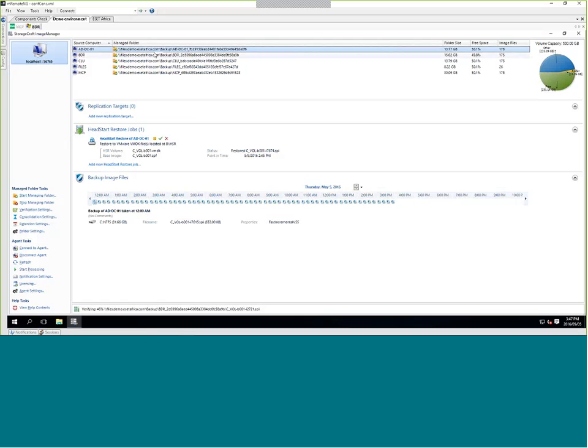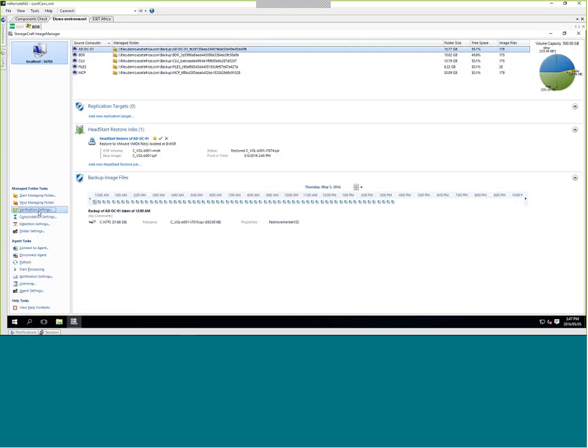So this is effectively a couple of machines that I'm currently backing up, and I've got these machines added, and I'm obviously monitoring the folder where those backup images are stored for each machine. I can also see how big each folder currently is. I can also see how much free space is available on the drive in question, how many image files there are in the image chain, and a couple of other things.